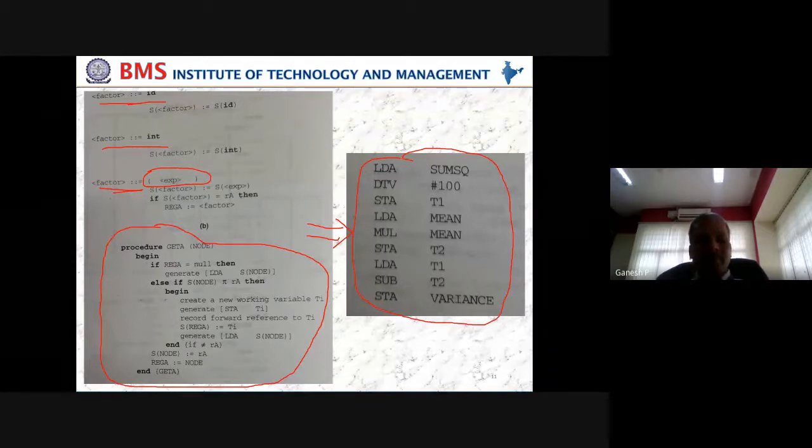Every input program we provide needs to be fit into these procedures, and these procedures should finally give, without any errors, a program like this. And this program is finally converted into our object code.